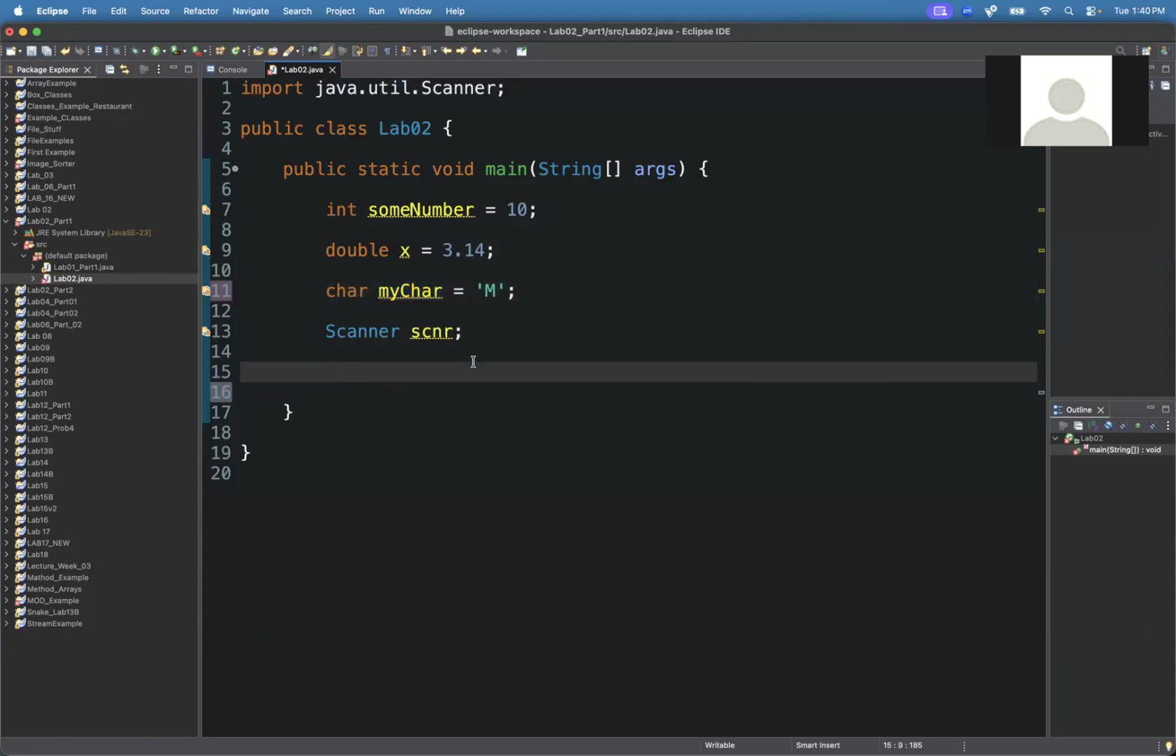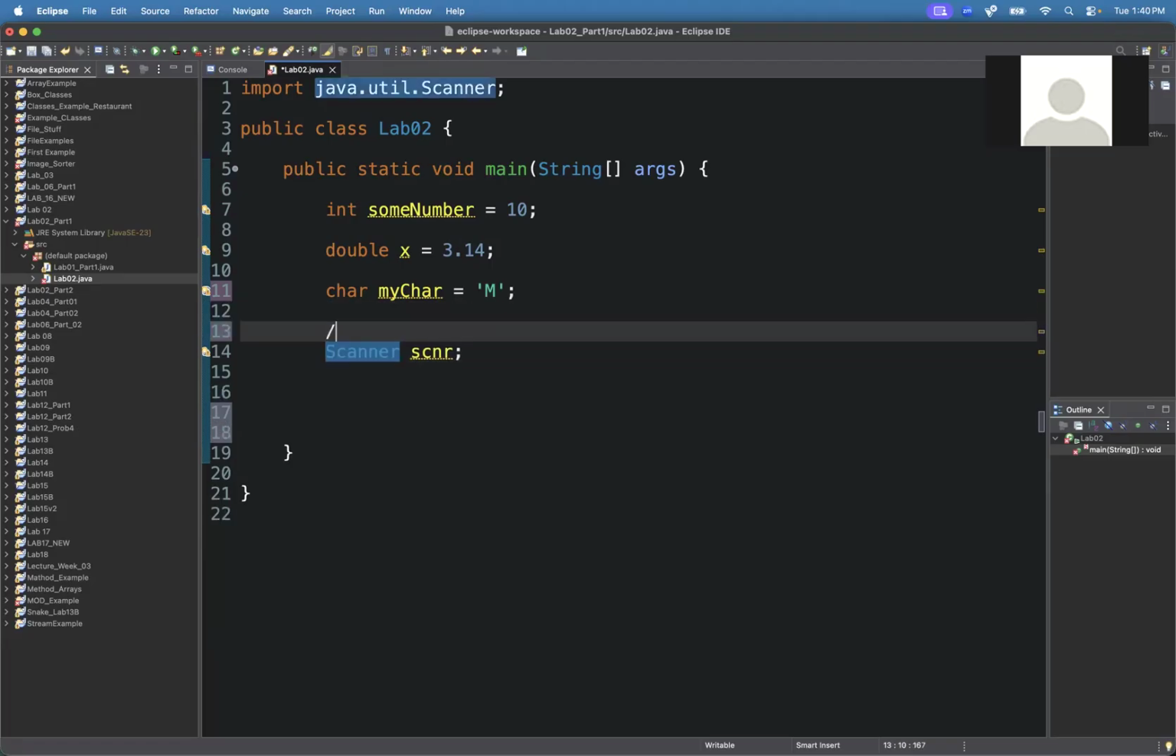Okay, now we do. So you can see that it highlights them a different color. The primitive types were highlighted here in this orange-brown color, and you can see that the Scanner was highlighted blue. Another reference type